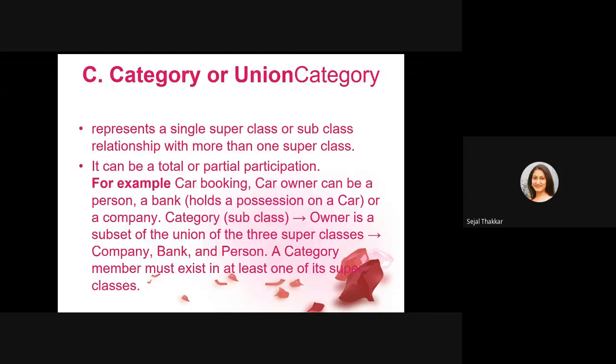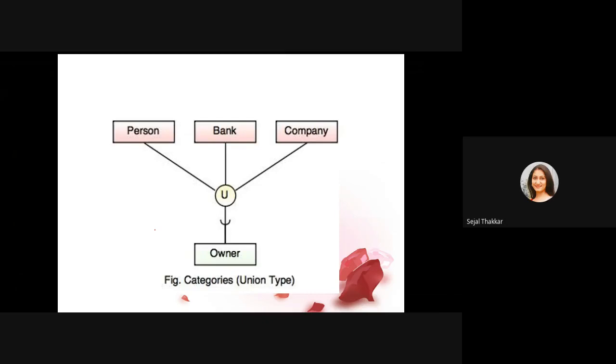Category union. Union means a combination of something. They all belong to one class. For example, if I have one car, that particular owner of the car can be a person. The owner of the car can be a bank, if that particular person has taken a loan from the bank. The owner of the car can be a company, if the company has gifted that car to that person as long as he is going to work with that company. The company is providing them house and car. So the owner can be a company. So this is the union. Car owner can be a person, car owner can be a bank, car owner can be a company.